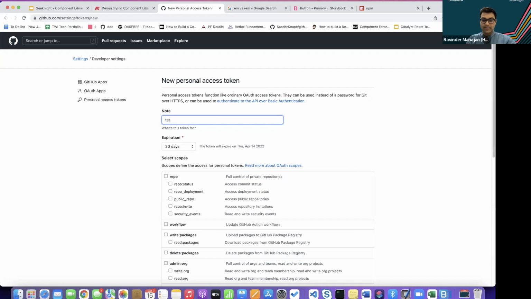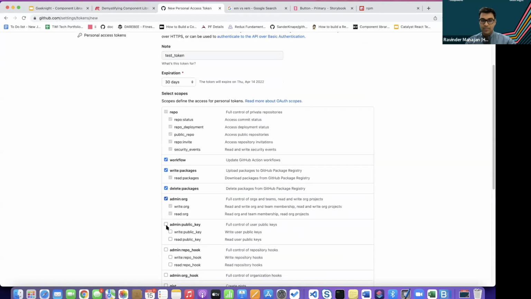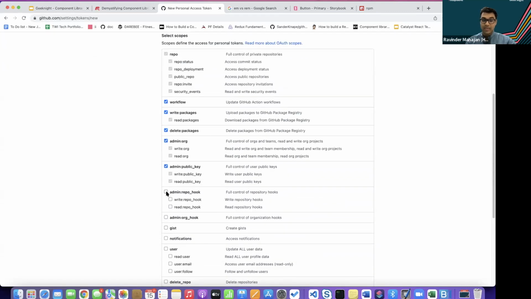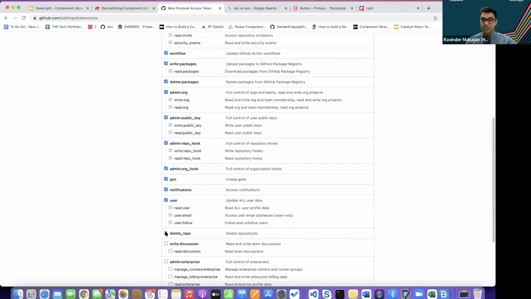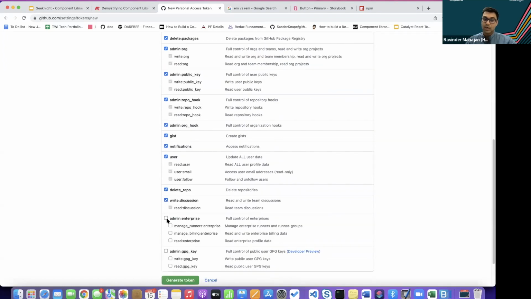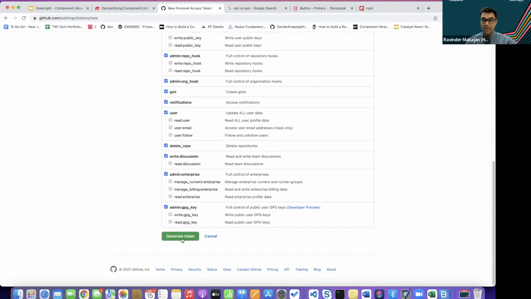So let me name it test token. I'll give all the rights for the time being. That means I'm allowing GitHub to do anything with my repo, delete my repo, update my repo, everything. Why do I need this token? Because you saw that I wanted GitHub to update my version number. So now when I generate this token,